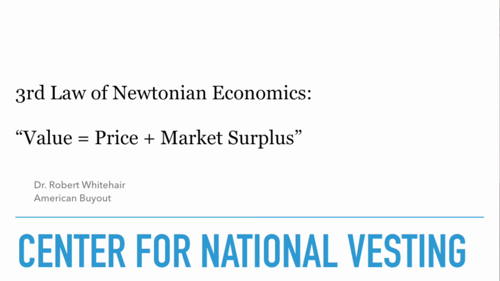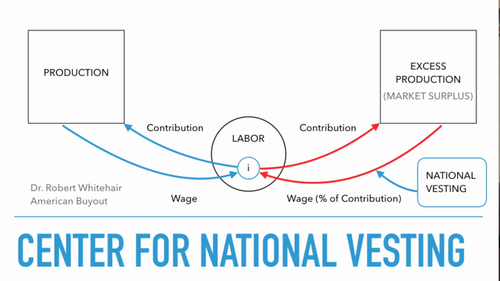Now, market surplus is most easily defined as an excess of production. This excess production represents an estimated value of $15 trillion in the U.S. economy today. Now, market surplus is represented in many ways. However, one of the most common outcomes of market surplus is inadequate wages. Now, the third law of Newtonian economics resolves this dilemma by defining value as the sum of price and market surplus. So, for simplicity's sake, the third law of Newtonian economics refers to two pools of value in our economy: